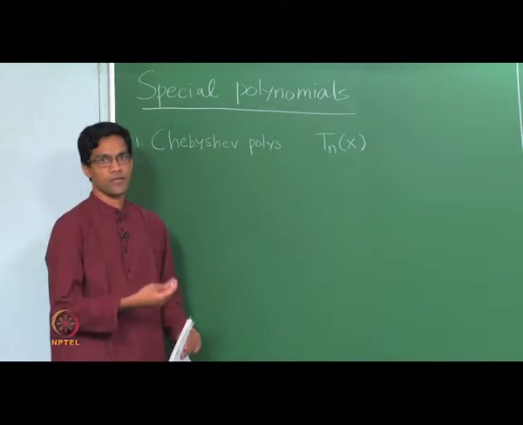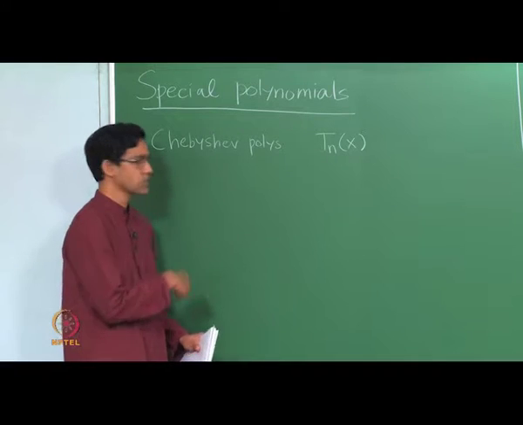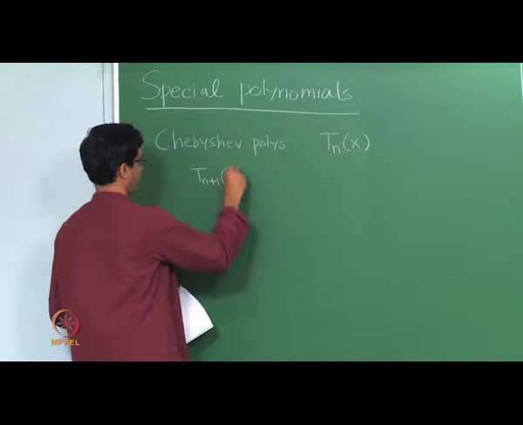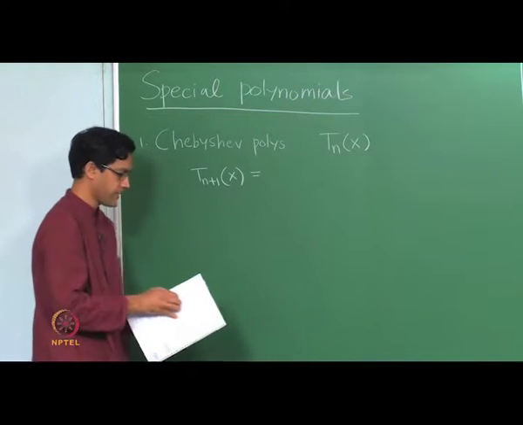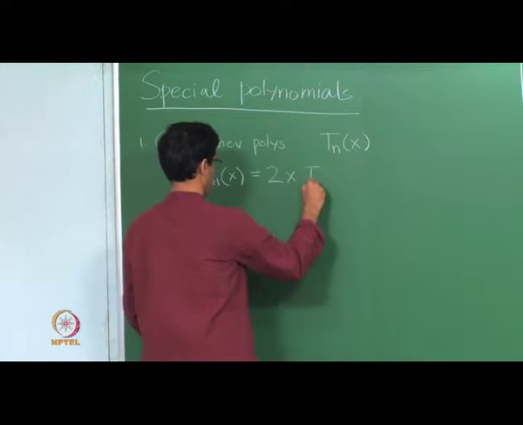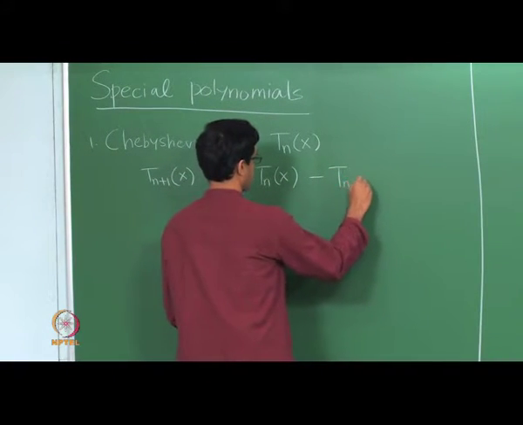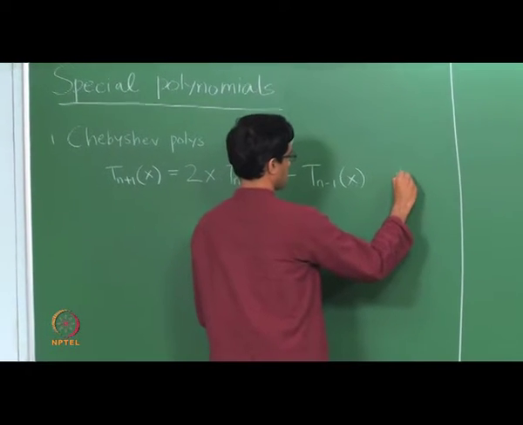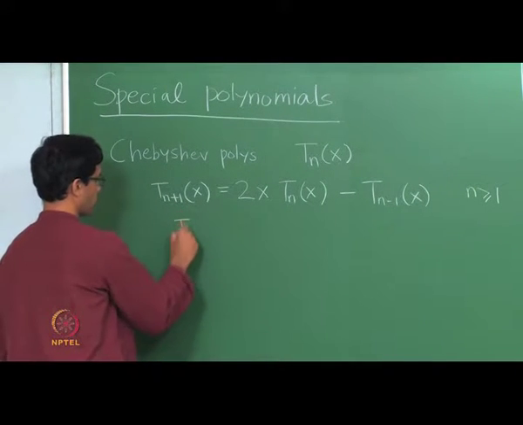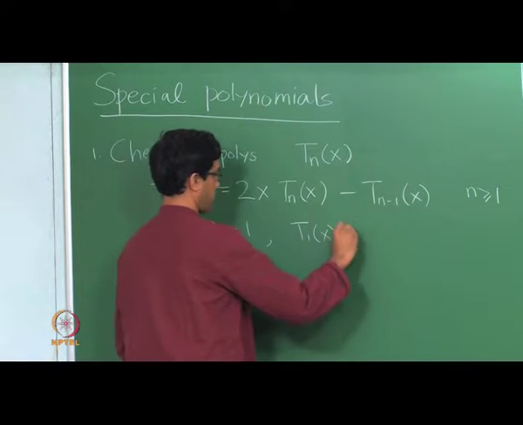That was the main definition we gave of Chebyshev polynomials, but it was also true that it was given by a recurrence relation, and recall the recurrence was the following. Tn plus 1 of x was 2x Tn of x minus Tn minus 1 of x. This recurrence was satisfied provided n is at least 1, and we were given some initial conditions. We knew the first two values: T0 was 1 and T1 was x.